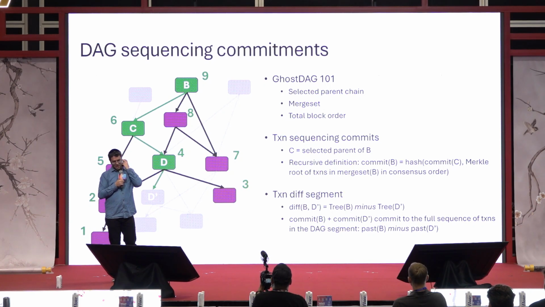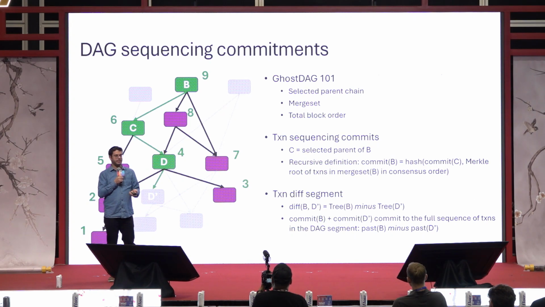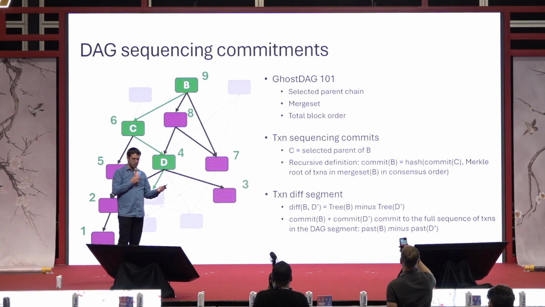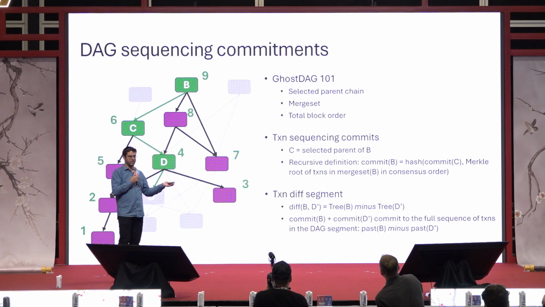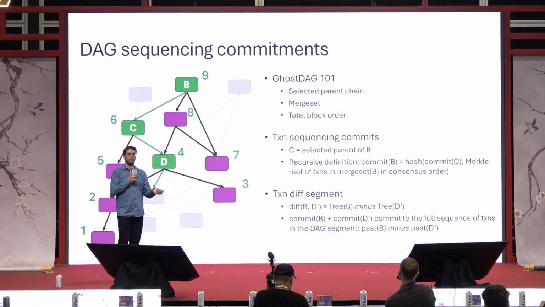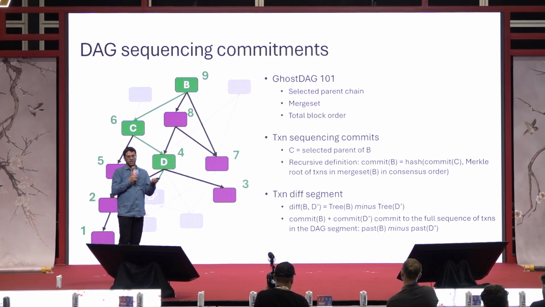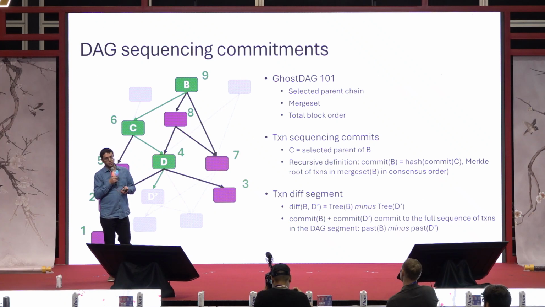This is not illustrated as well, but think about each block in these, 1, 2 to 9, as containing transactions. So the ordering of actual transactions would be induced by the block order. You would process block by block, and any transaction which is legal within the context of that order is considered accepted. So by following the block order, you also get a transaction order, a transaction sequencing.